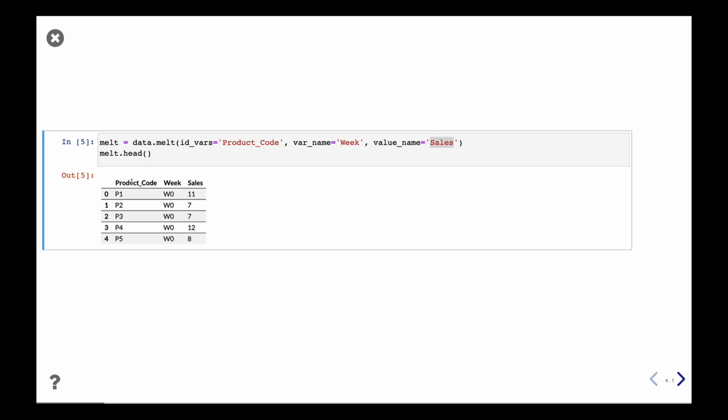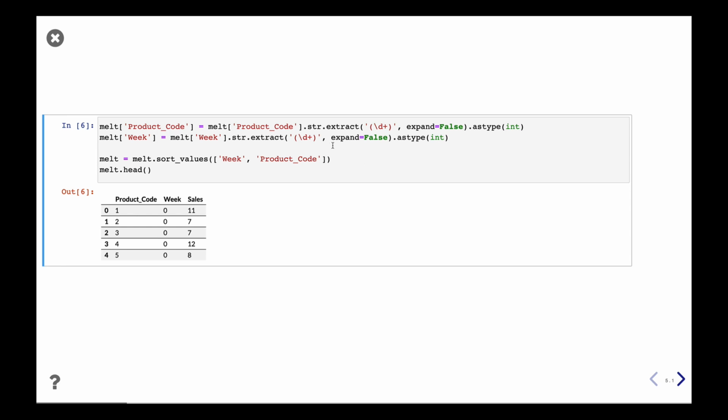So the basic idea is product code or entity, whatever it is. If it's stocks, for example, what is the stock symbol? The date, in our case it's the week, and the value that you are trying to predict. Very, very simple. So another step that we have to do for this data set is that our product code